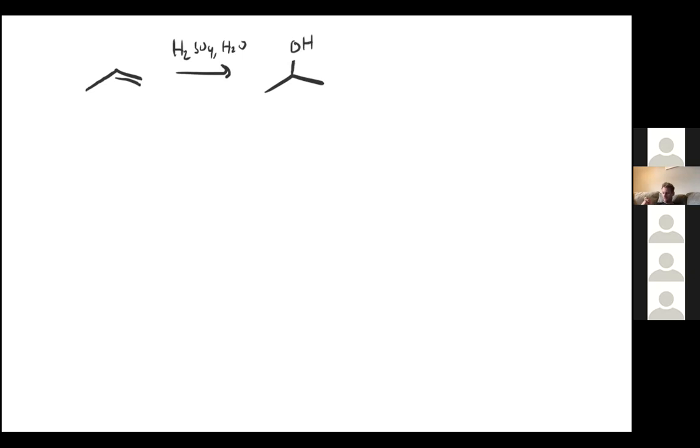Gets us to this OH here. We do it with a triple bond, similar concept. Tends to need this mercury sulfate to kind of move it along. Initially, we'll get